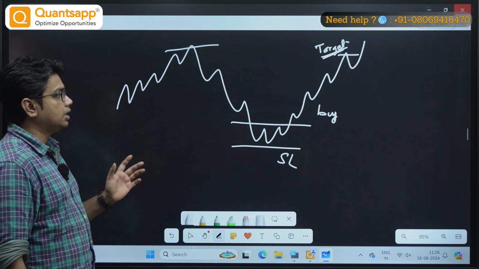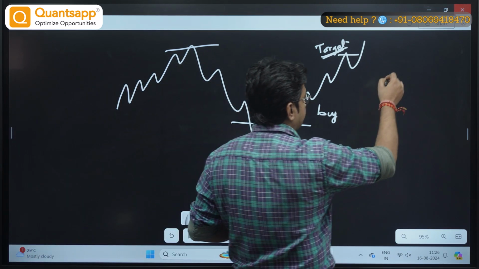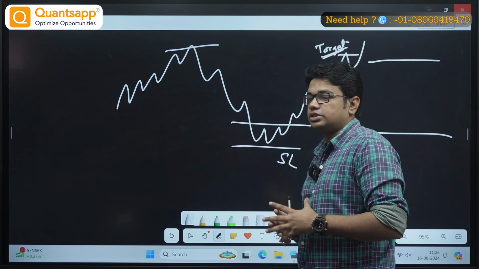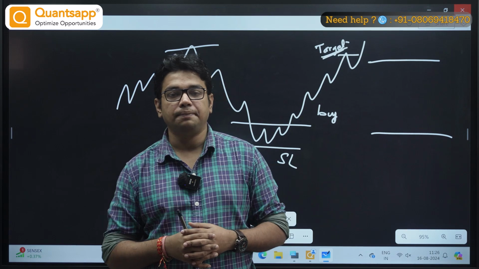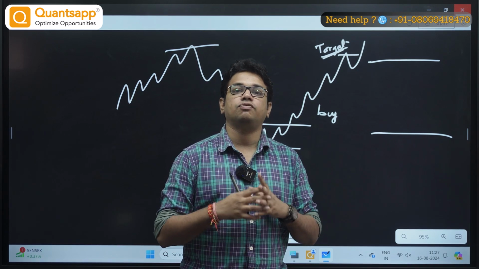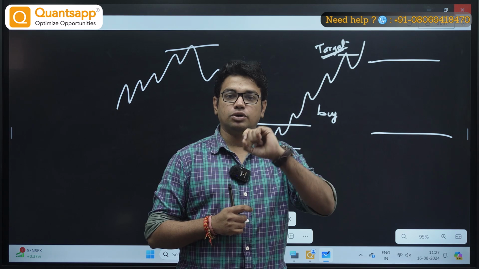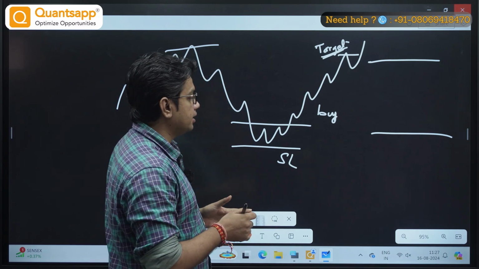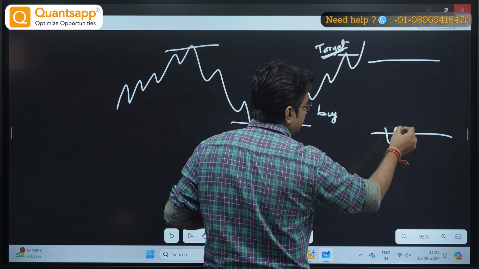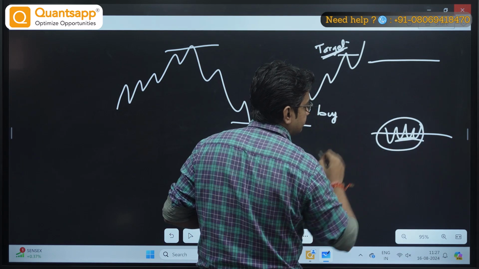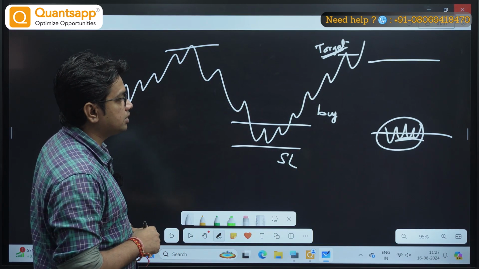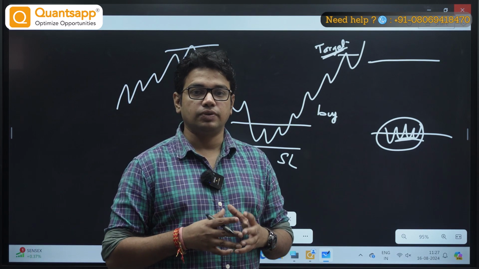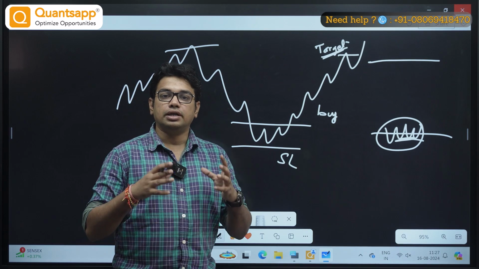And let's just say there are some support or resistance levels, so at this support and resistance I will also mark my stop loss or target. Support or resistance mostly come for the target, because at a particular level you can see the price spends some time there, so it is very difficult to place the stop loss like this. For that I need to follow the latest swing high or low, and the latest candlestick